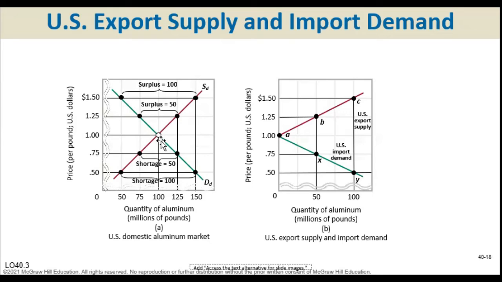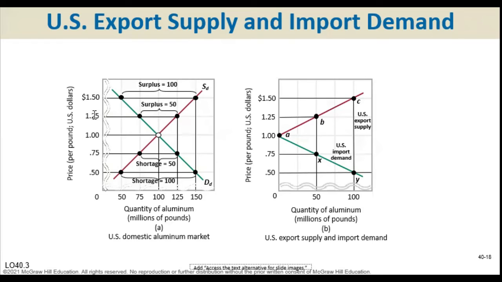Here, we have the domestic equilibrium price at $1 per pound, right, and the quantity is 100. This is the equilibrium domestic price, $1. If the world price is set at $1.25,